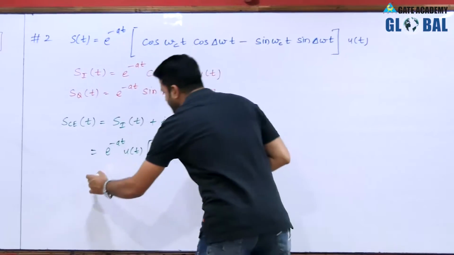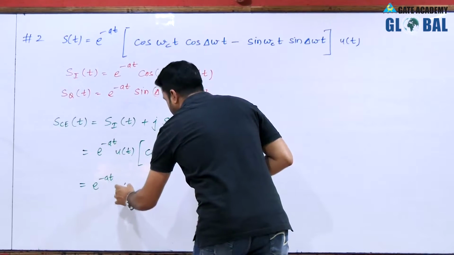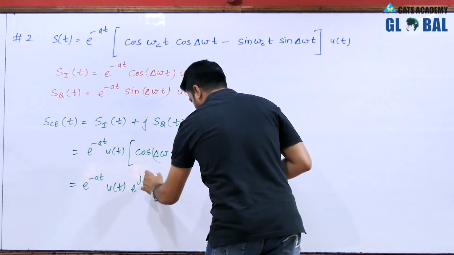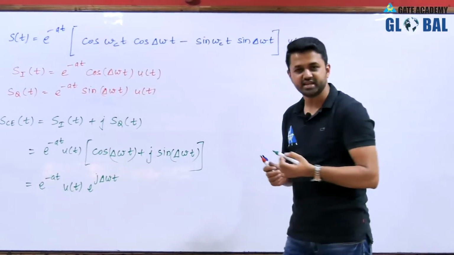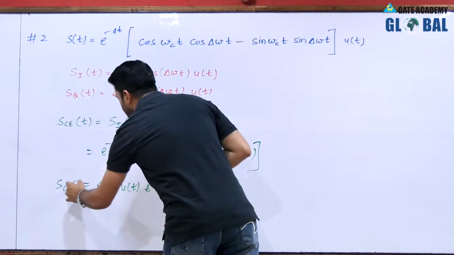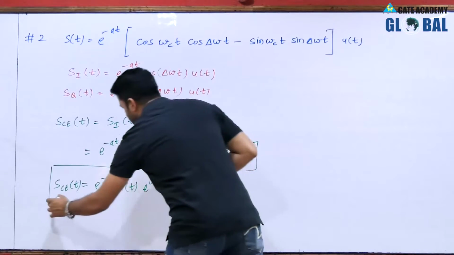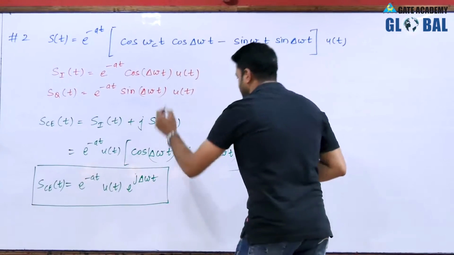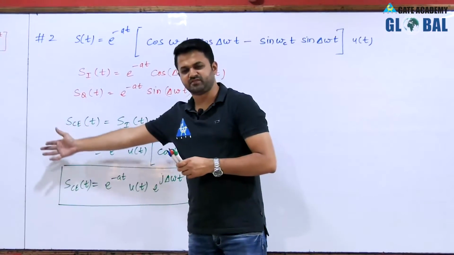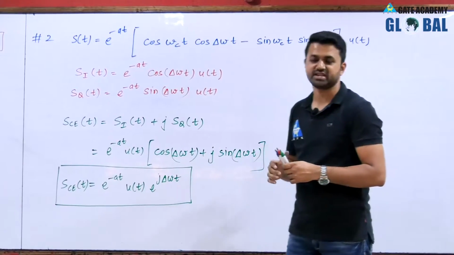Cos theta plus j sin theta is given by e to the power j theta, and theta is delta omega t here. So we can see that we are getting the same result as in the first method. So the correct answer is option B, and this is the second method by which we can solve the problem